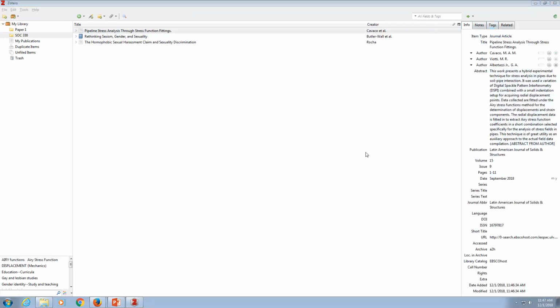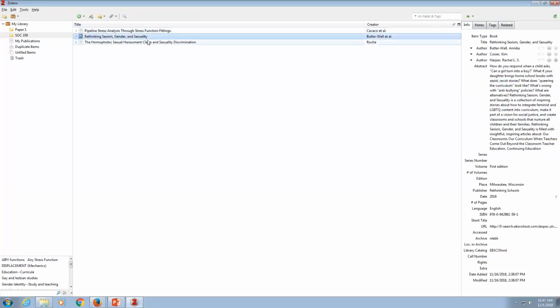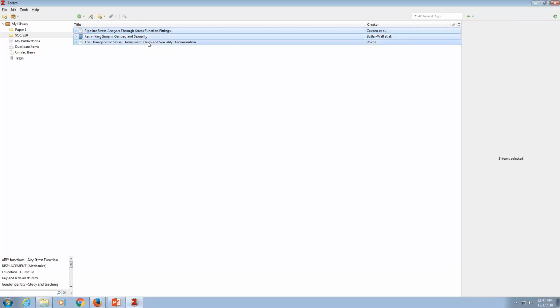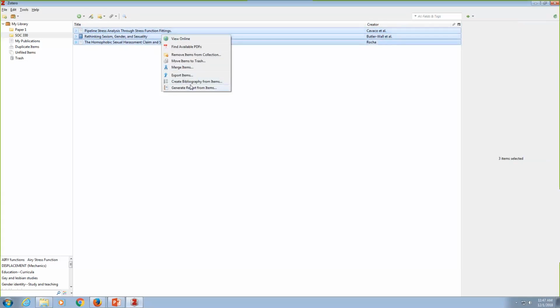So let's say, at the end of your paper, you have like 50 sources in here. I only have 3, but let's pretend. You would click on all of them, or what I usually do is I click on the first one, shift, and then click on the last one, so it's going to highlight all of them. And then if you go ahead and right click, and then create bibliography from items,